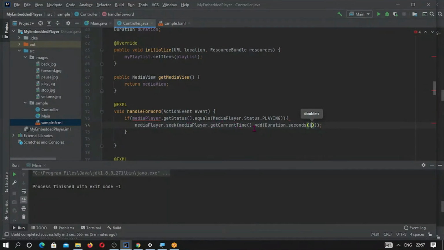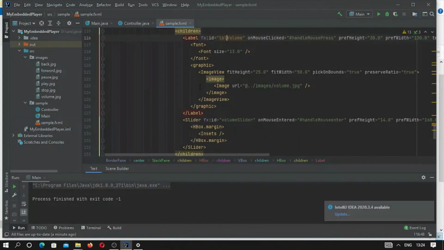So this should advance the video. So we have made coding for the forward and stop buttons.